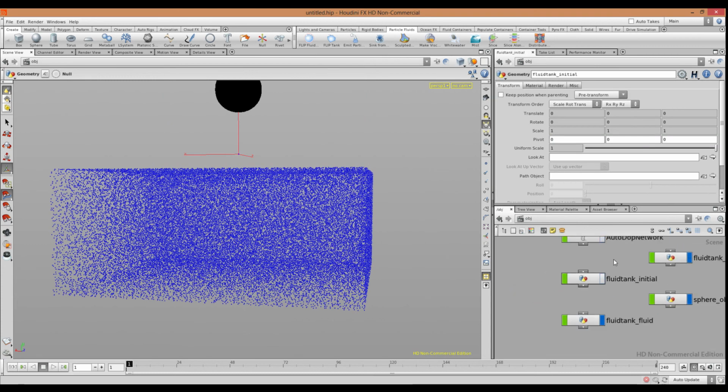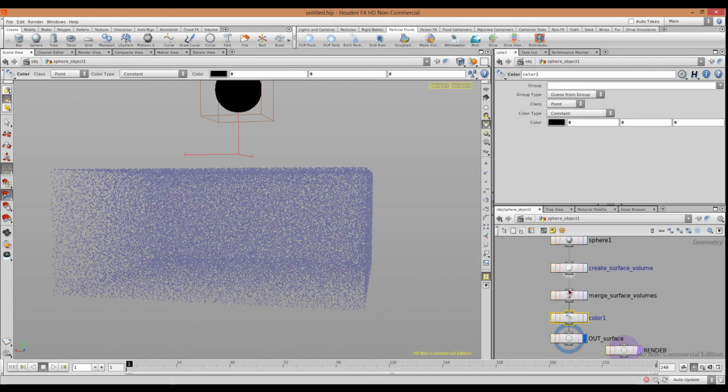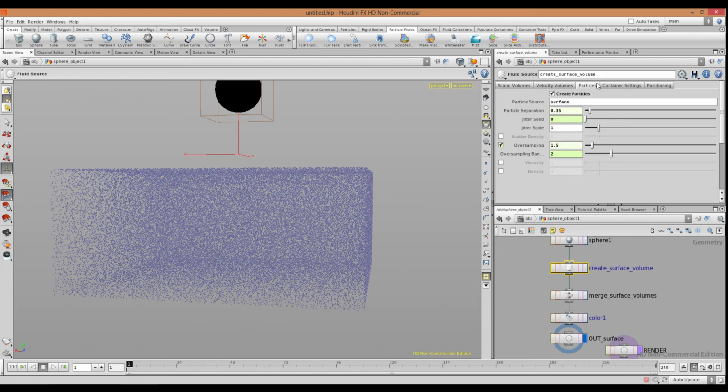And the sphere object will emit really dense liquid. So I go into the sphere object, select the create surface volume emitter, and in the particles tab here on top, I need to click on the density checkbox, and set it, for example, to 1000,